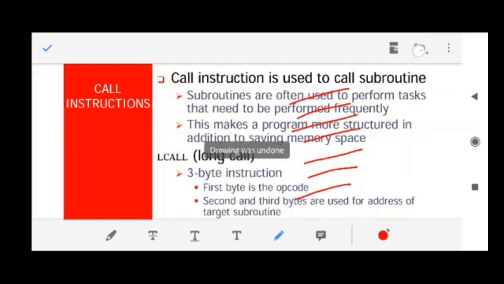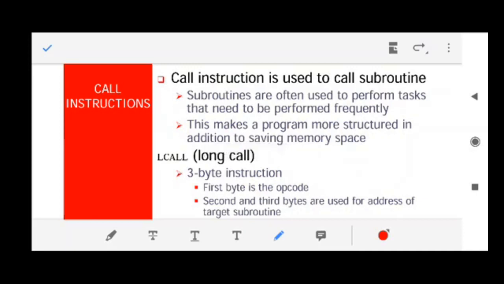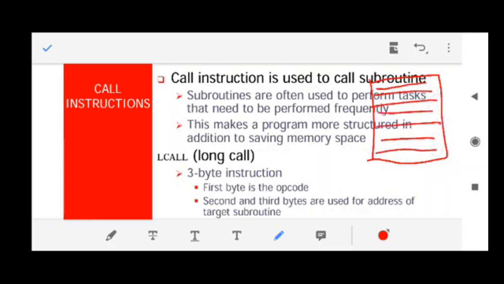So what facility has been provided? This is the facility for a programmer. If you want to display something on a monitor, that particular program will remain the same for every user. If a user wants to print something on a monitor or on a printer, the program will remain the same.